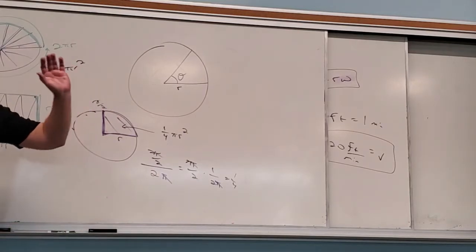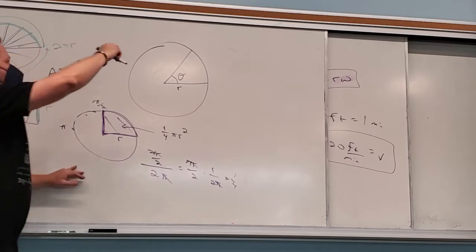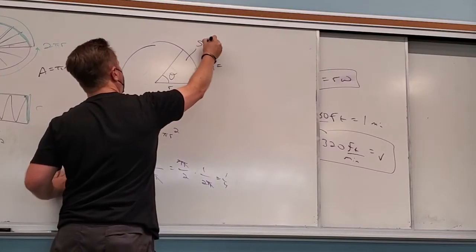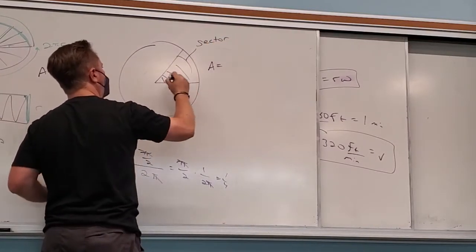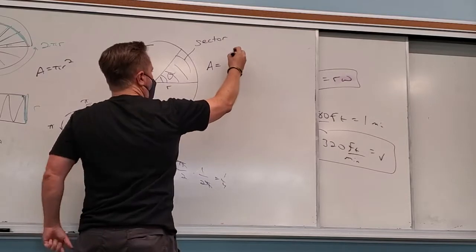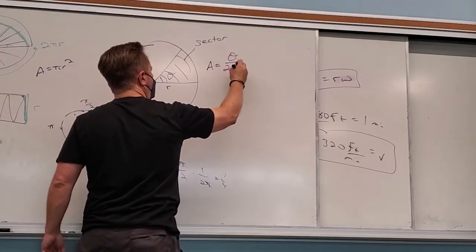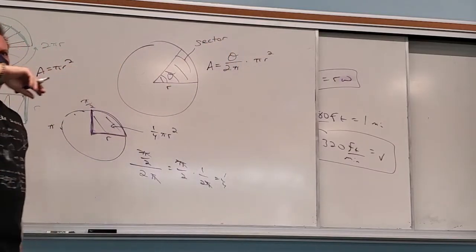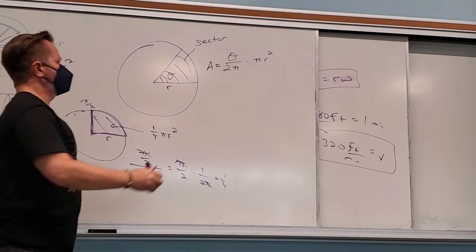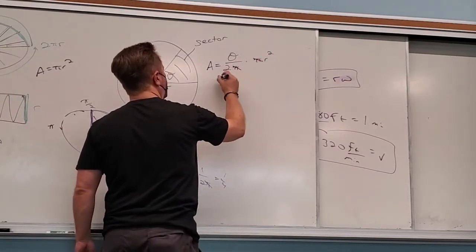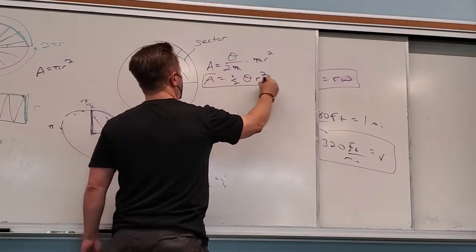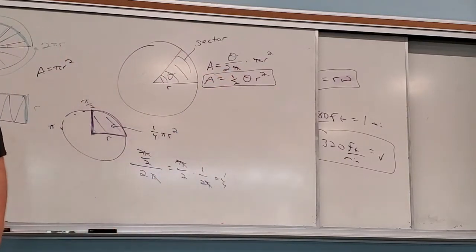But what that means is, if I go through some angle theta, the area of this, what we call sector, the area of this sector is going to be theta out of 2 pi times pi r squared. So this becomes 1/2 theta r squared. That is the area of any sector of a circle. So for example,